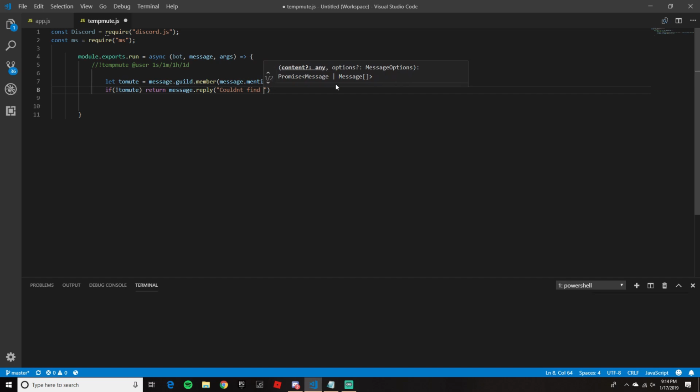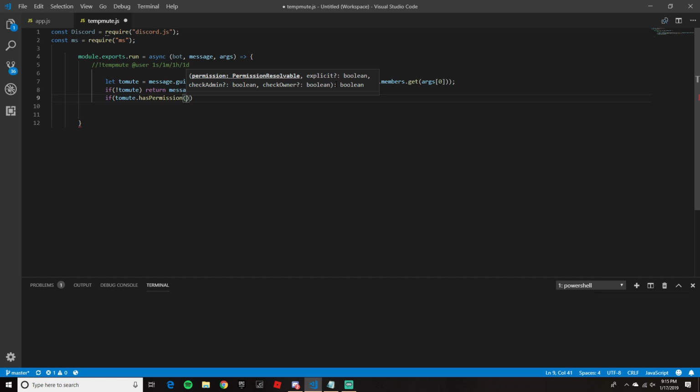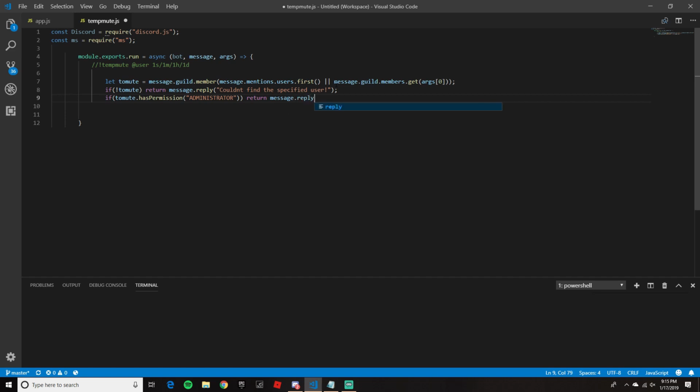Couldn't find the specified user, and we're gonna put a semicolon on the end of that line, and we're gonna do if, put a set of parentheses, message.member.hasPermission, put another set of parentheses, put a set of quotation marks, add administrator, go out of those two, return message reply, put a set of parentheses with quotation marks,